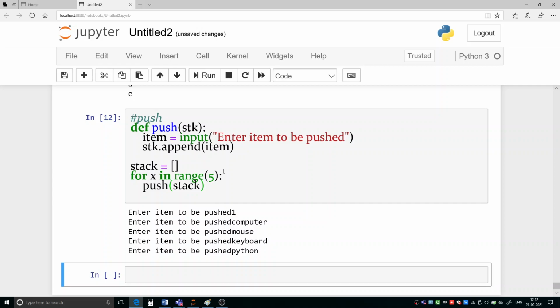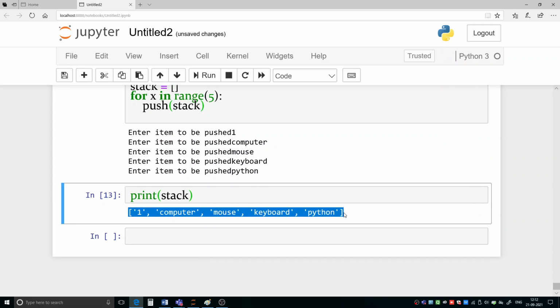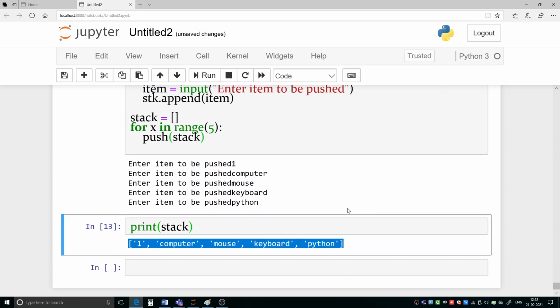But if you want to see the current status of the stack, here you can separately write, because stack is one variable, so you can do like this: print stack, and we can check it. Yes, all the items are present now in the stack, because stack is a simple list, so we are getting these things. Okay, but if you want to display it in the form of a stack, that can also be done.